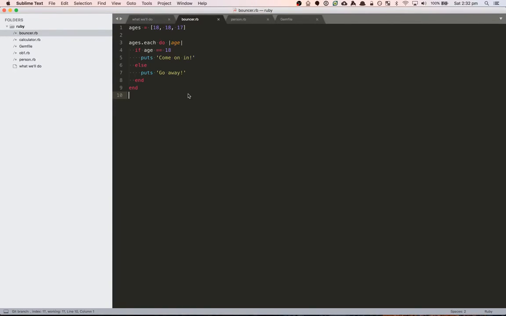But let's say that you've got a mate who's 65 in the shade, or mates with the bouncer, or some other kind of condition that isn't just either 18 or not. So let's do this as America. The difference between America and Australia. So if age is greater than or equal to 21, puts come on in,